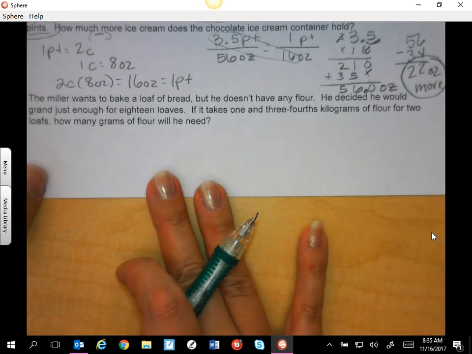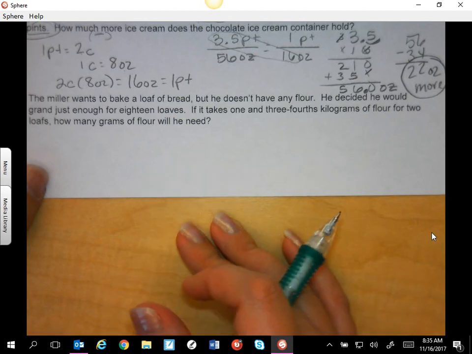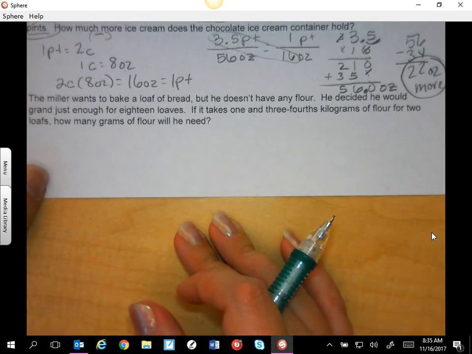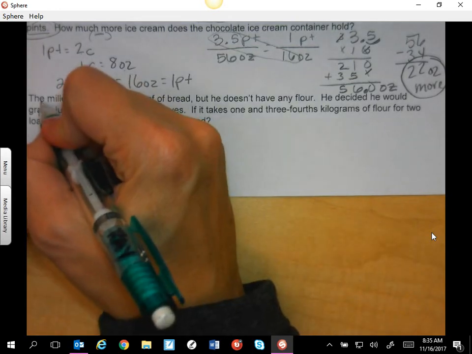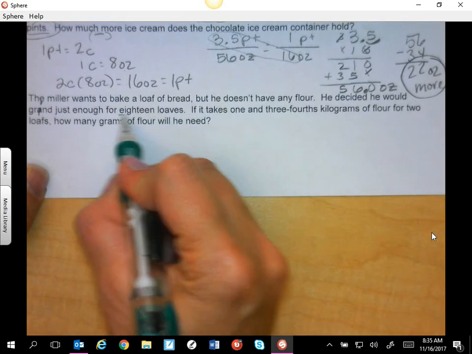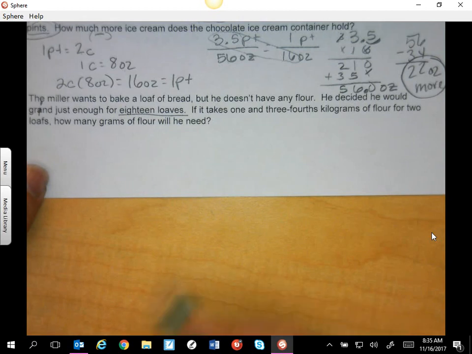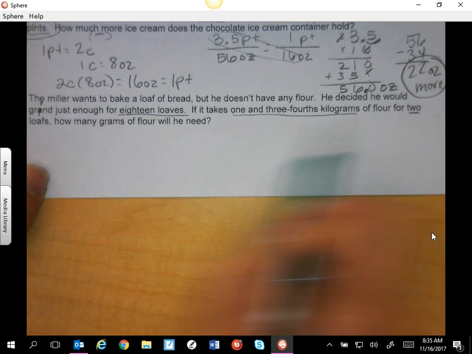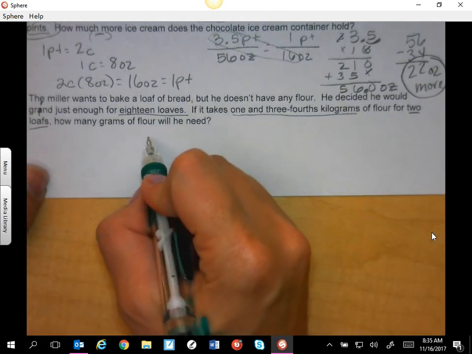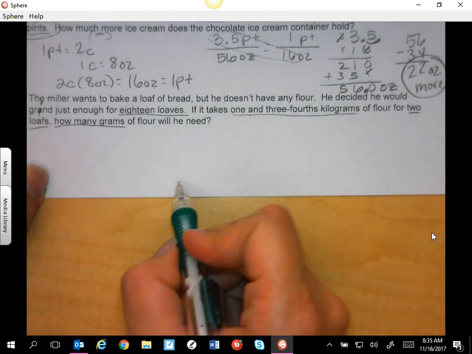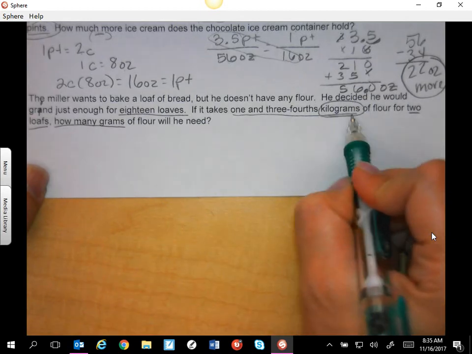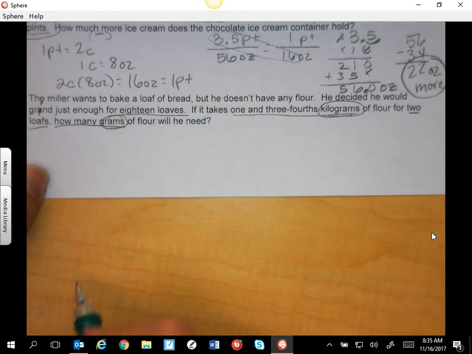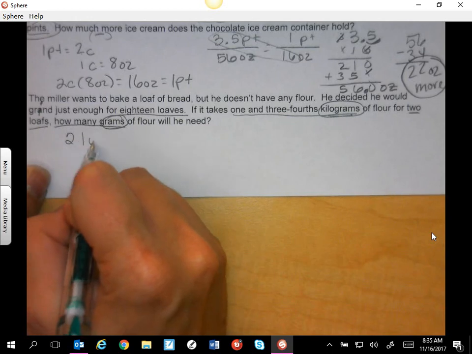The miller wants to bake a loaf of bread, but he doesn't have any flour. He decided he would, I think that's supposed to say grind, just enough for 18 loaves. If it takes 1 3/4 kilograms of flour for 2 loaves, how many grams, notice this is kilograms and they're asking about grams, will he need? So let's make a note. 2 loaves